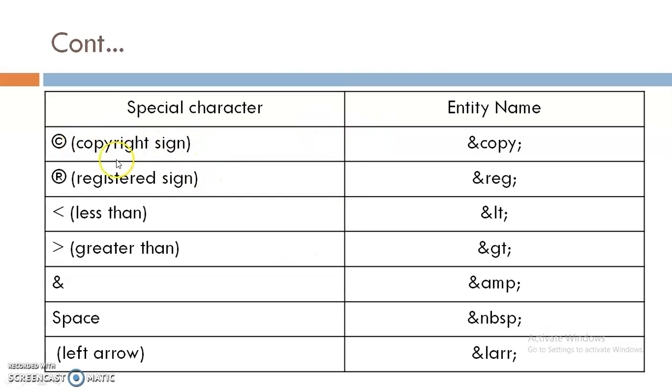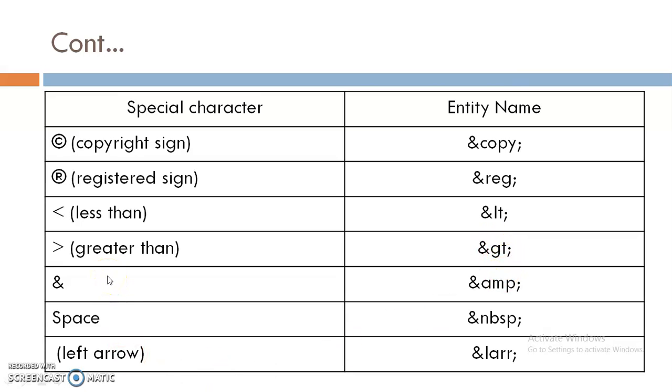Now, some special characters are like this. First one is the copyright sign. To display this type of symbol, I have to write &copy;. For the register sign, I have to write &reg;. For less than or greater than symbols, I have to write &lt; or &gt;.